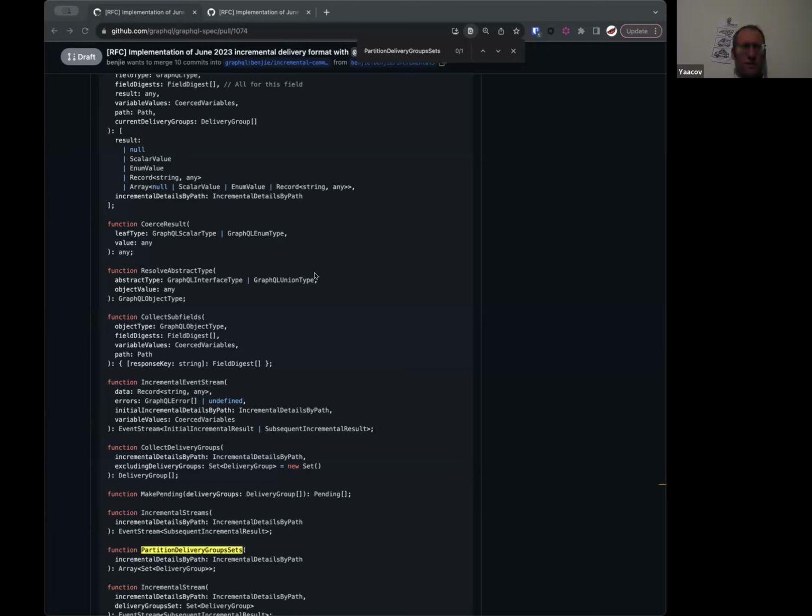Sort of similar to how GraphQL.js doesn't cancel promises. Is that sort of what you mean, like not worth it? Yeah, what GraphQL.js does is when it's executing a selection set, if an error happens, then it just stops executing the rest of the selection set. And similarly, if an error is thrown during this algorithm, it just stops executing the rest of the algorithm. And that's fine.